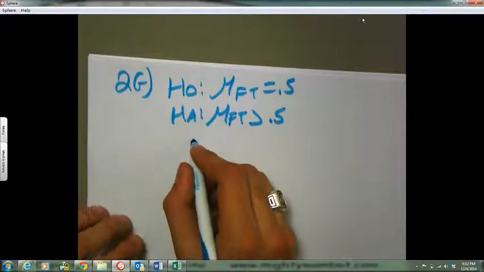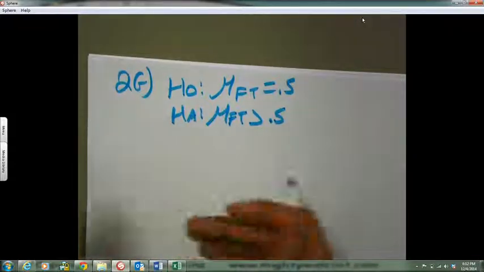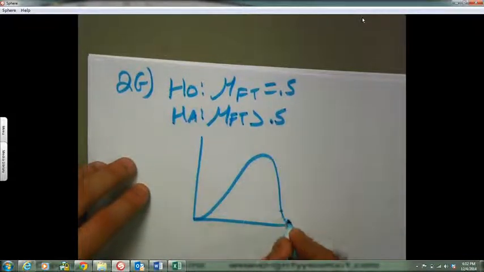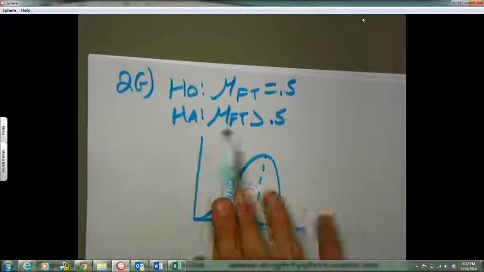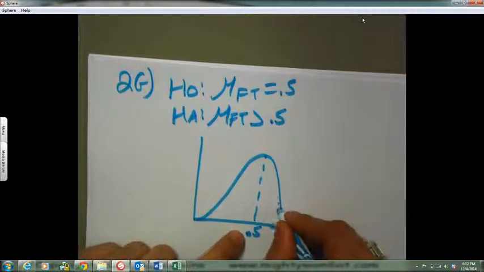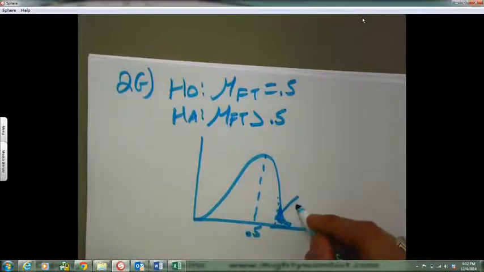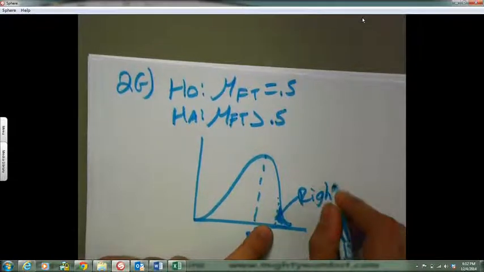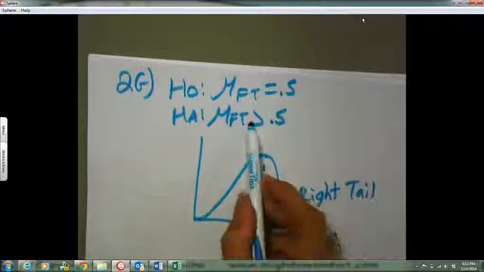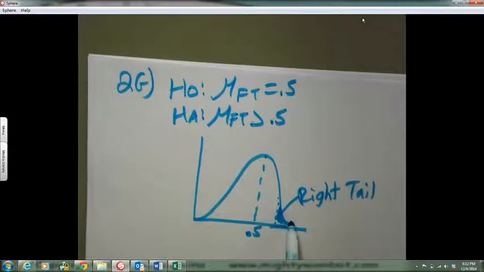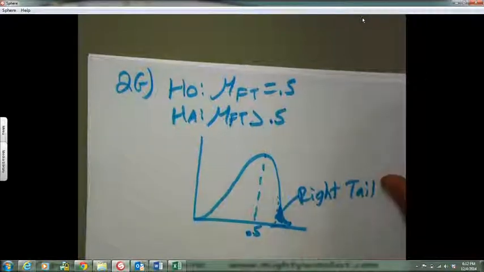Now, if you were thinking about whether it's a right tail or left tail or 2 tails, think about this, folks. If we talked about a little distribution here, called this 0.5, our alternative hypothesis is that Mike is greater than 0.5. Greater than 0.5 is here. So what does that mean? That means we are a right tail because the alternative hypothesis is greater, so we're on the right. In comparison,